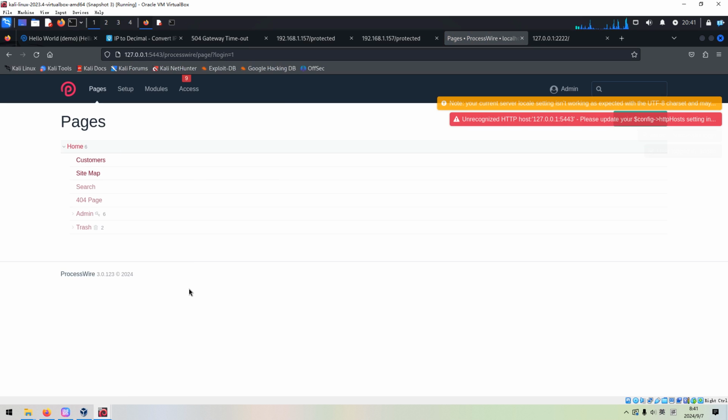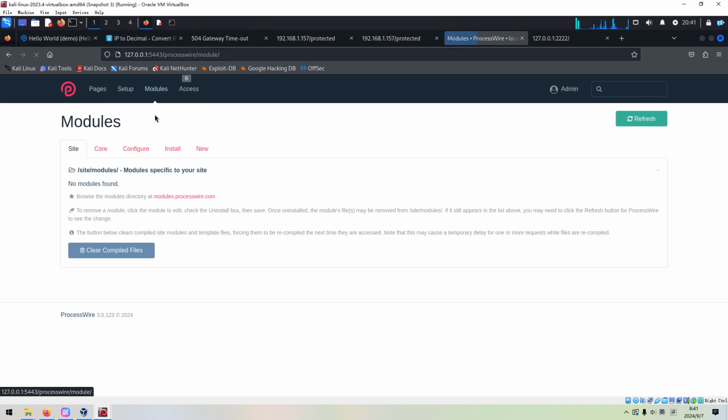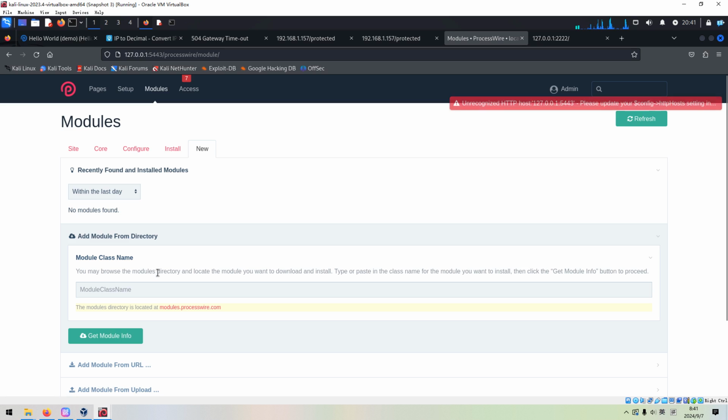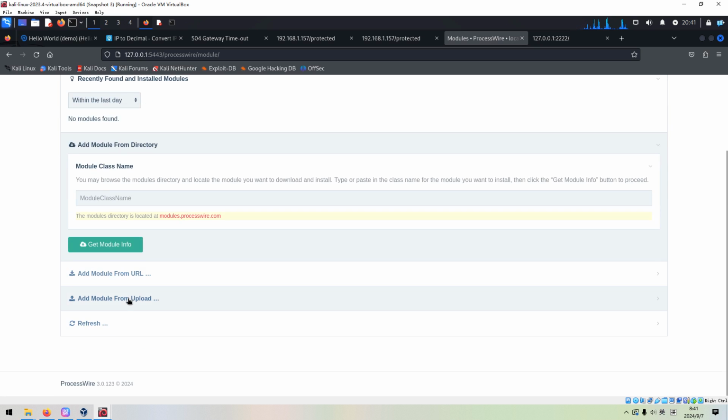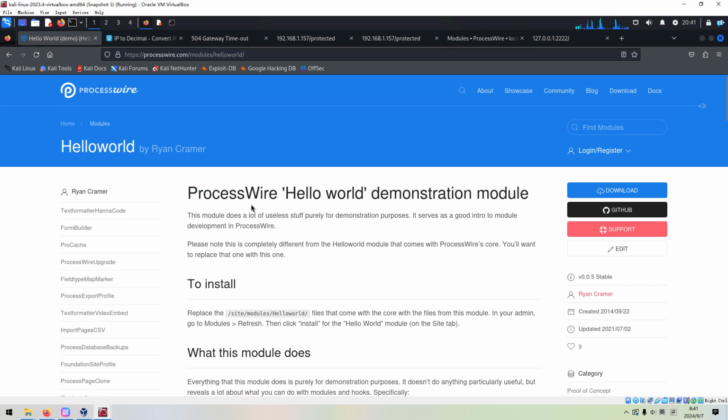It's successful. So next we need to install the web shell. And so how to do? We can go to the modules and new. And of course, we can add the modules. You can get to the module, the hello module. This is the official website for this CMS, ProcessWire.